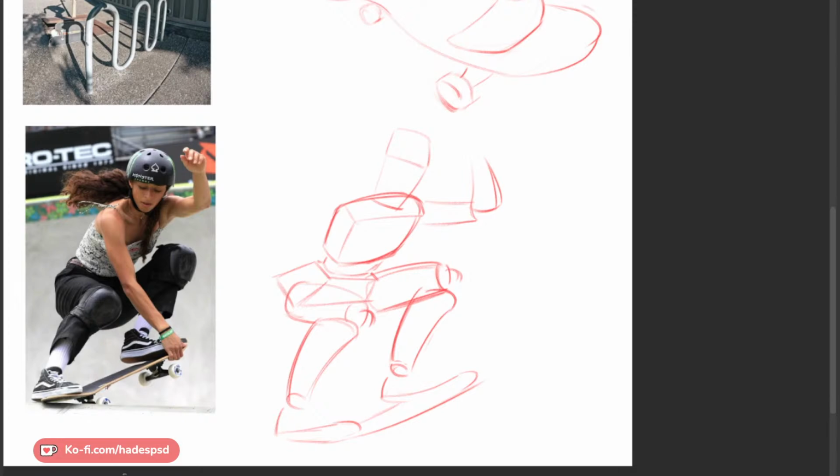Proportions are the hardest. Yeah, I guess so. Well, maybe not. I don't know about the hardest, but it is hard. It is hard.